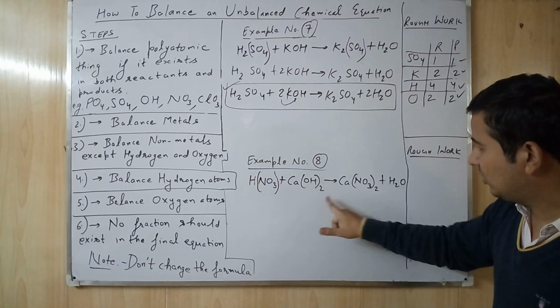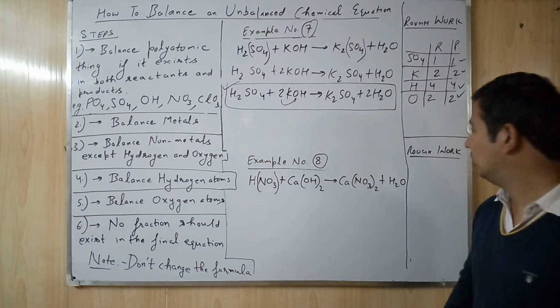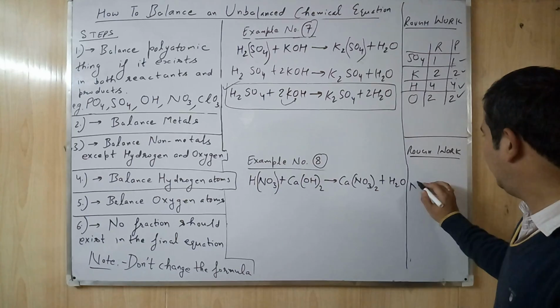HNO3 plus Ca(OH)2 gives you Ca(NO3)2 plus H2O. So NO3,